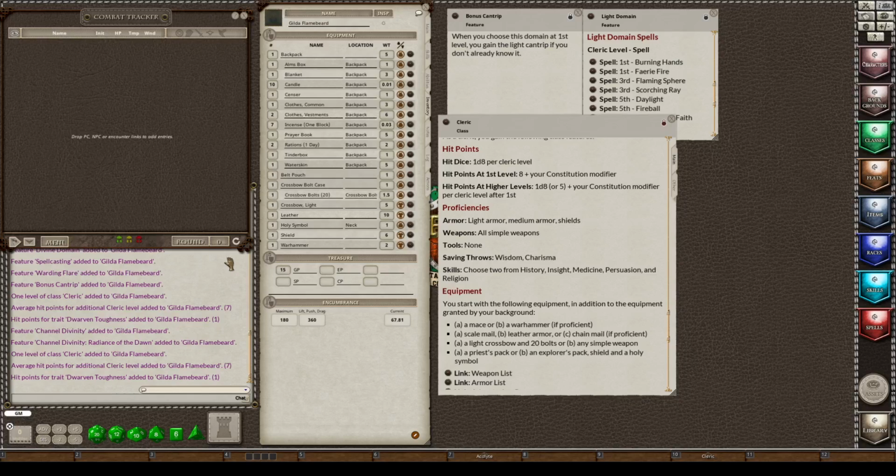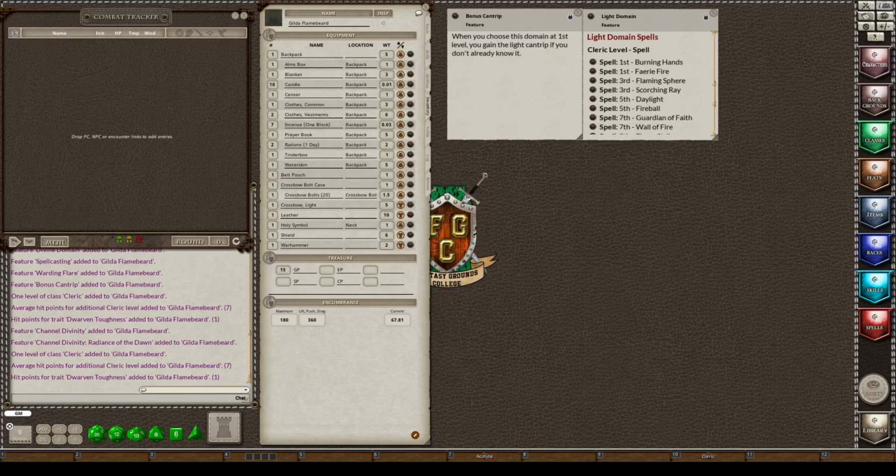Now if you wonder why we put our things in the backpack, it is because if you were role playing or you were playing in a game and you dropped your backpack, it no longer has a carried location, and everything within the backpack is also dropped. So you do not have access to any of this when you drop your backpack. You also see that the weight went down to 27.5, and when I pick my backpack back up, it goes up to 67.81. So we're finished with our inventory.